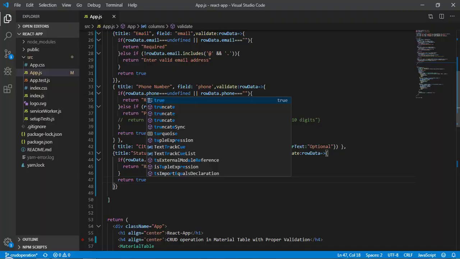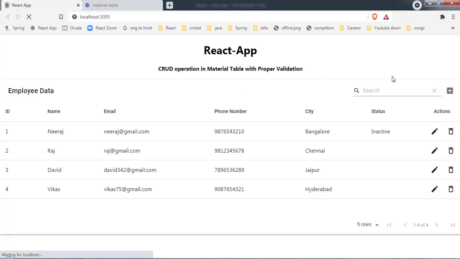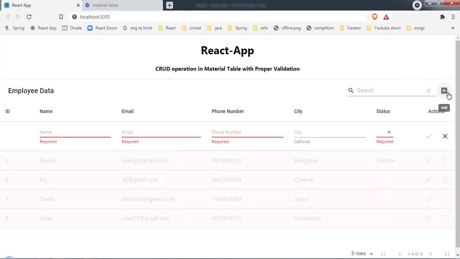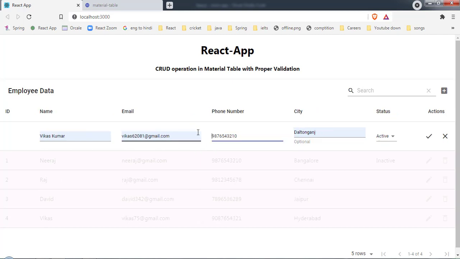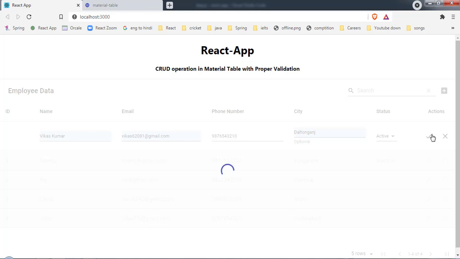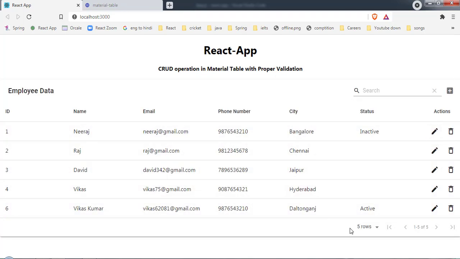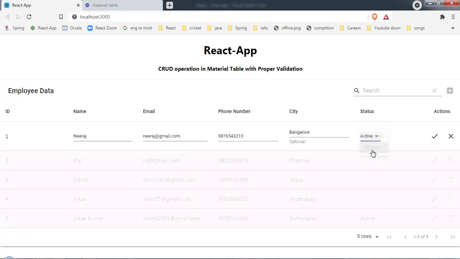Now save it, and let's come back. Let me click on this, and now here as you can see we have this required message. If I select active here, now you can see we are not getting this required message anymore. Let me fill this, and now click on save. The record got added here, and now if I want to modify, let's modify the first one, active.